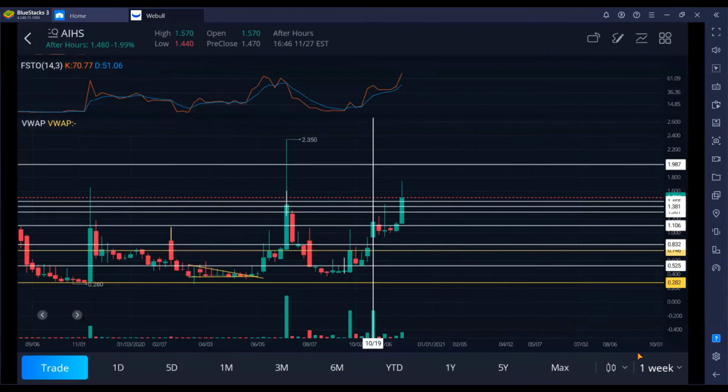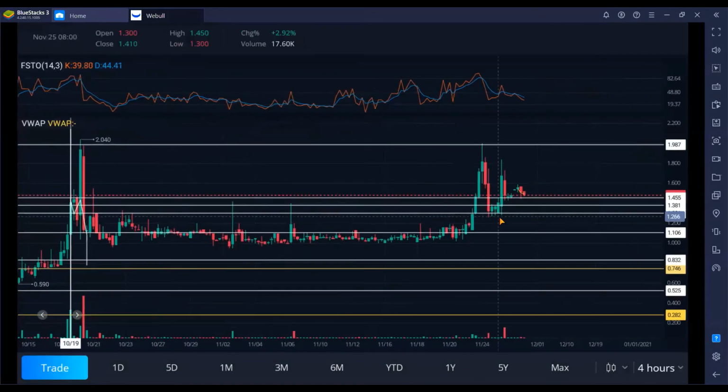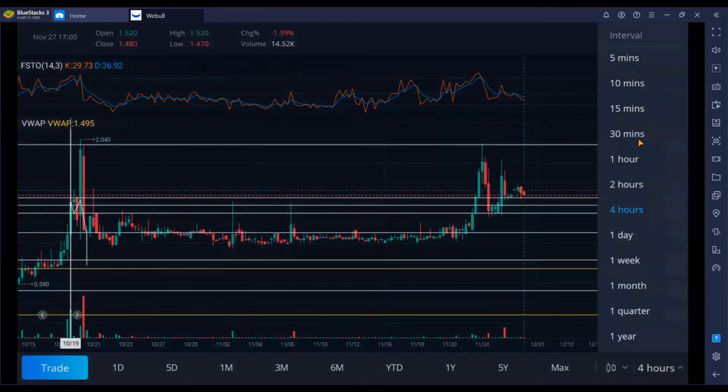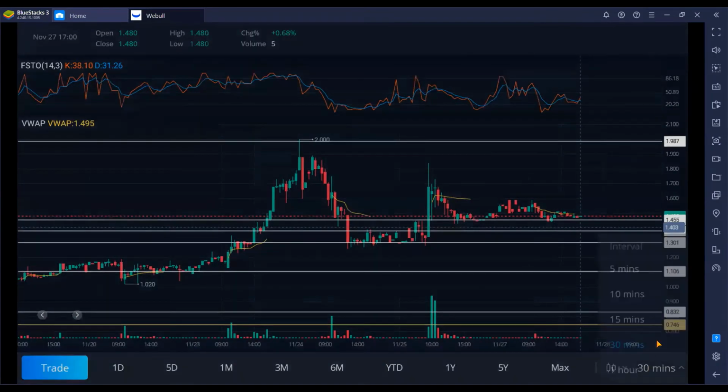So overall, if I were to show you here, let me show you 4 hours. Look what 4 hours is doing. It is pretty much holding 126. 126 is a higher low, so it's holding 141, 146. That's a higher low. And if we move into 30 minutes, you're going to notice that it's doing resets at higher lows. So potentially this thing should be setting up to an uptrend soon,